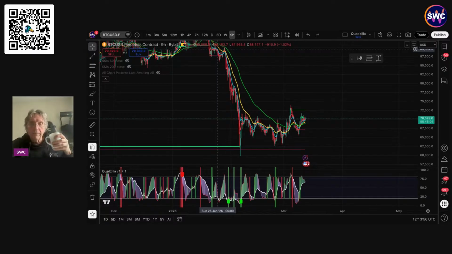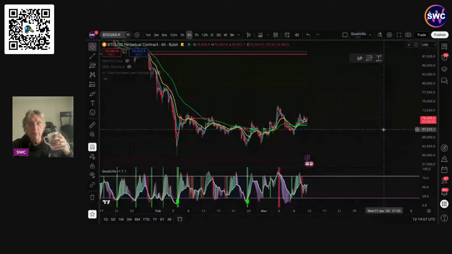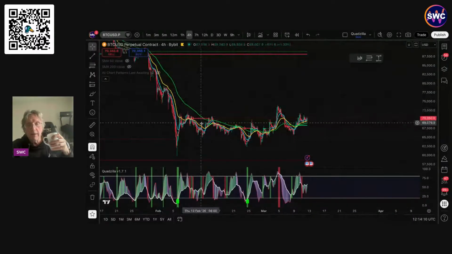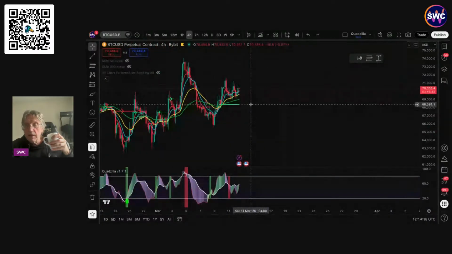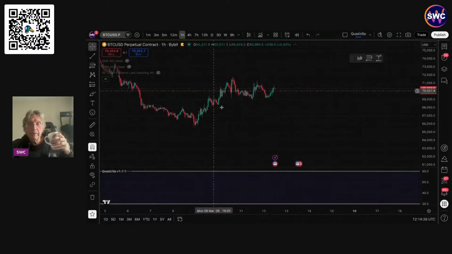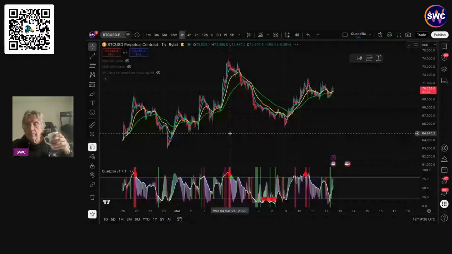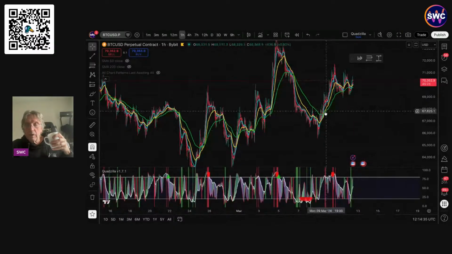I was hoping someone in the comments would tell me what's going on. Let's go to something like 4 hour. The 4 hour has done this thing here as well with this 55 and 21 EMA, where it's just wiggled backwards and forwards. Now our indicator Quadzilla has drawn this retracement level here at 68.3k. What else we got? The 1 hour has actually been bullish since Monday, with the yellow above the green.